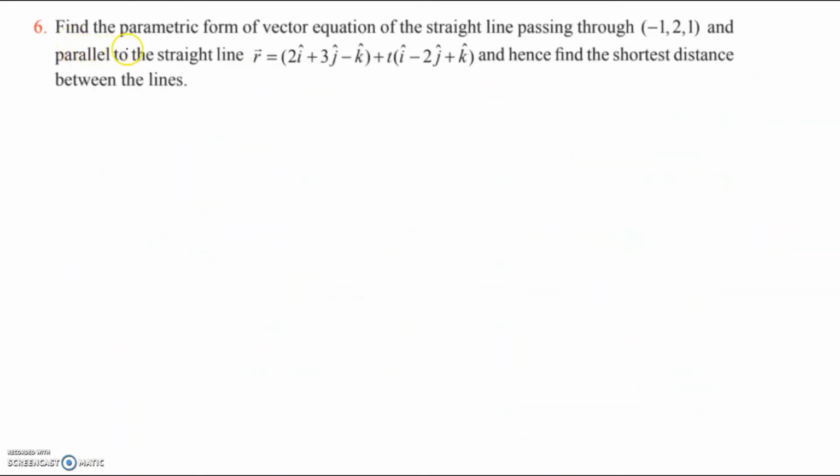Question number 6. Find the parametric form of vector equation of the straight line passing through -1, 2, 1 and parallel to the straight line given by this equation, and hence find the shortest distance between these two lines. So first our objective is to find this line. Okay, to find this line, so let us say